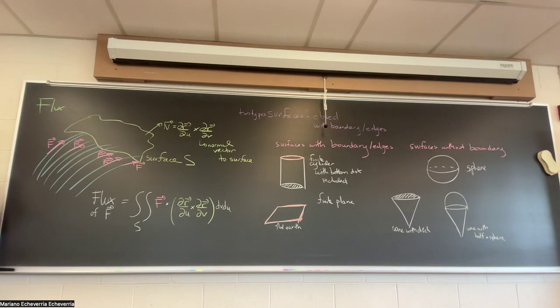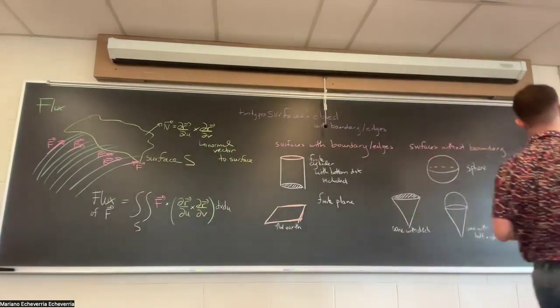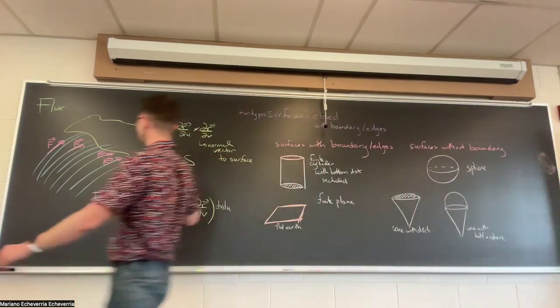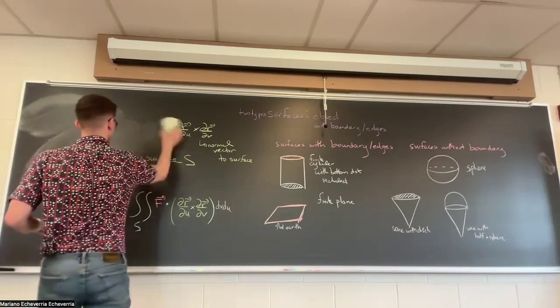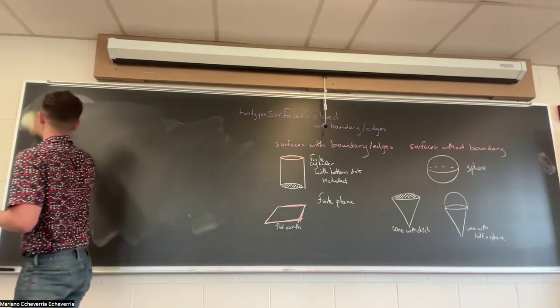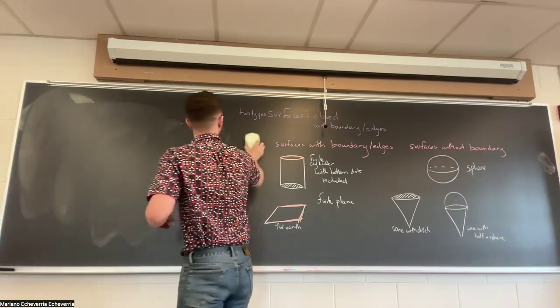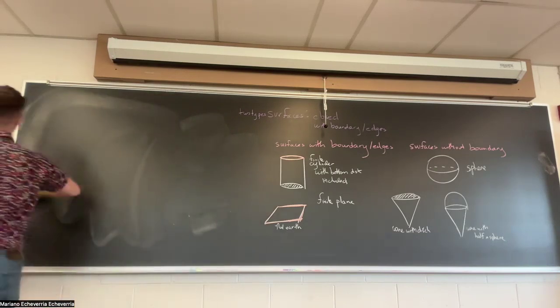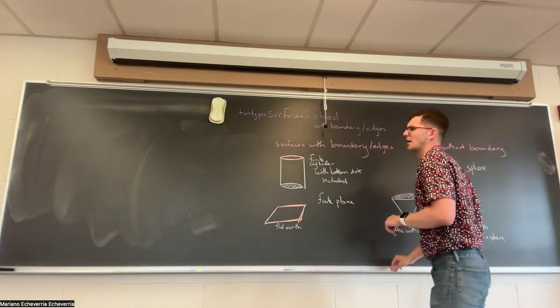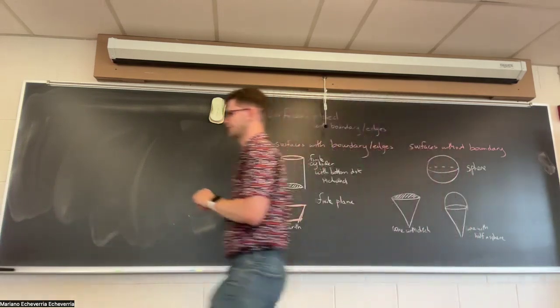Okay, so maybe before doing the example, let me just tell you what the divergence of a vector is, because that will appear in the divergence theorem. It's actually very easy to find. And I'll show you some animations and I'll tell you what the divergence theorem says.